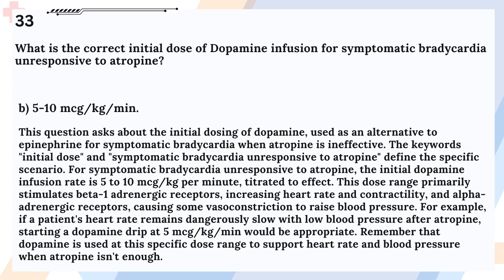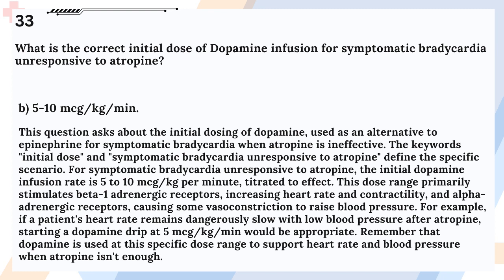Answer B. 5 to 10 mcg/kg/min. This question asks about the initial dosing of dopamine, used as an alternative to epinephrine for symptomatic bradycardia when atropine is ineffective. The keywords initial dose and symptomatic bradycardia unresponsive to atropine define the specific scenario. For symptomatic bradycardia unresponsive to atropine, the initial dopamine infusion rate is 5 to 10 micrograms per kilogram per minute,